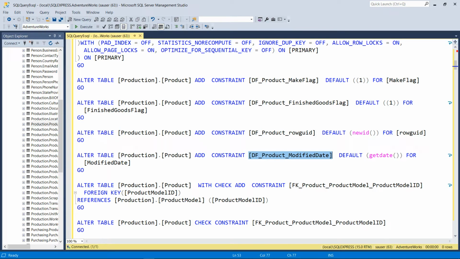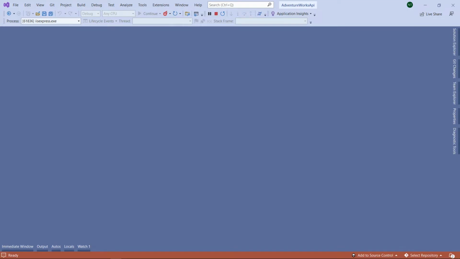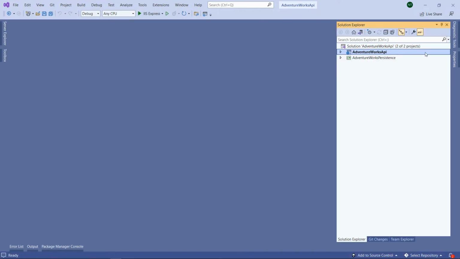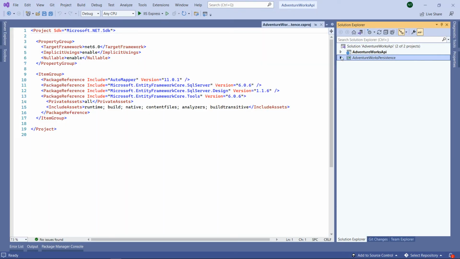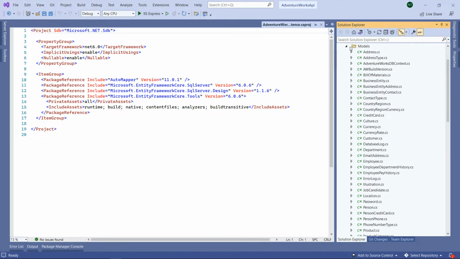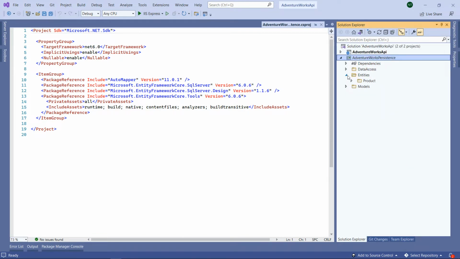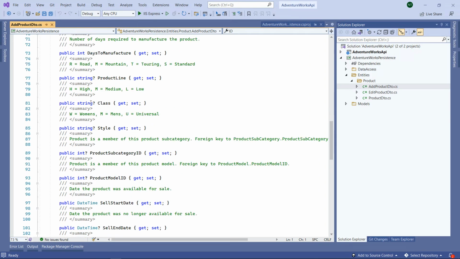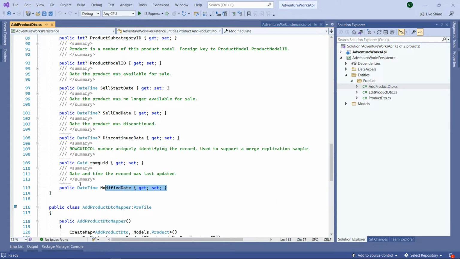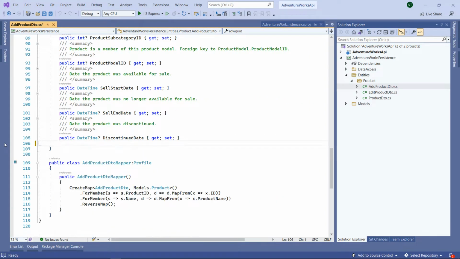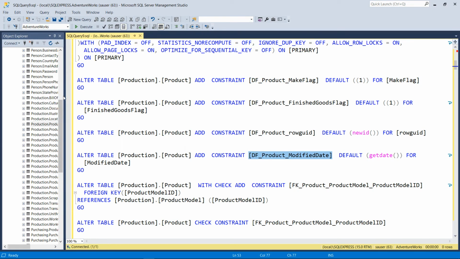So in order to use that, in our add product DTO that we have here, we will remove the modified date and row ID so that it gets automatically added from the database. And then if you look at the product columns,